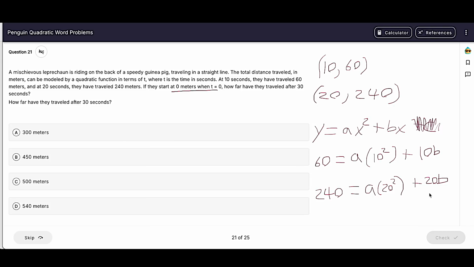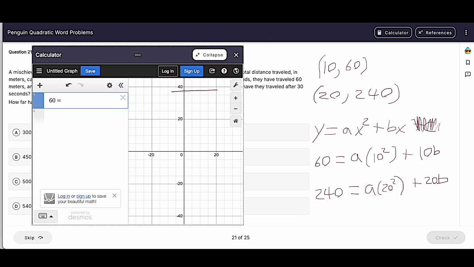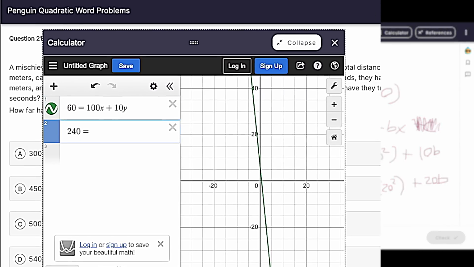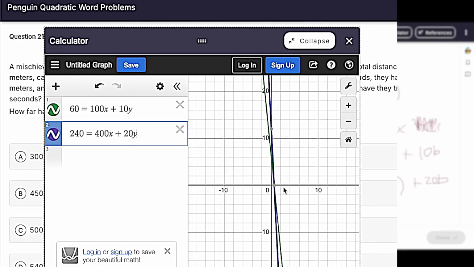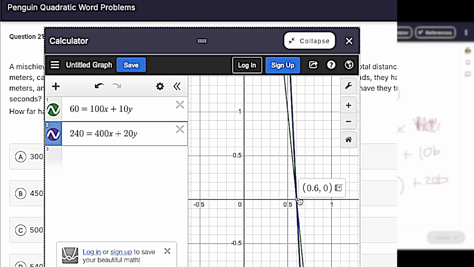And we could definitely use substitution or elimination here. But instead, let's just hack the system and change our A's into X's and our B's into Y's, and we'll plug it into Desmos. I'm going to simplify 10 squared to 100. I'll also simplify 20 squared to 400, and we can zoom in here and get our intersection, which is going to be